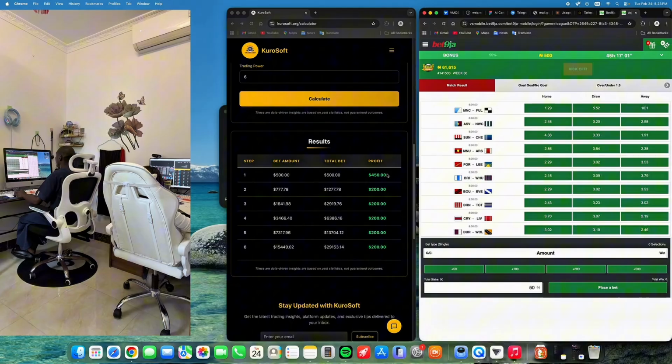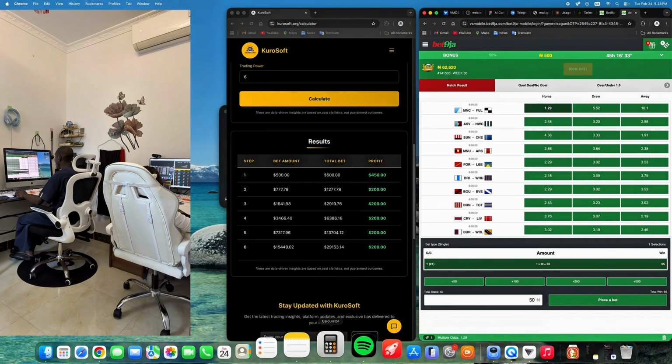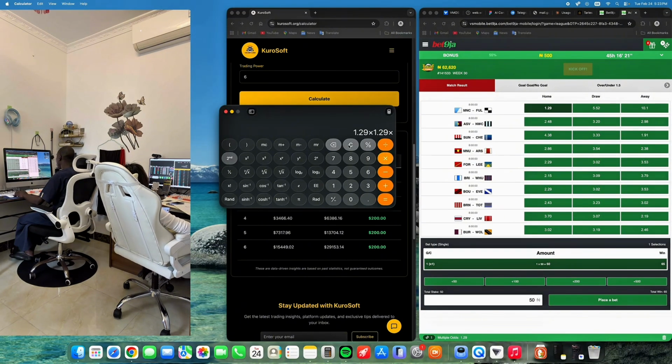So that's simply how odd building works. So instead of just assuming that this odd is 1.29 odd, instead of making a calculation to double for this odd, what to do is you see how many times, for instance, now this odd, if you multiply it 3 times, you are going to have 1.29 times 1.29 times 1.29.